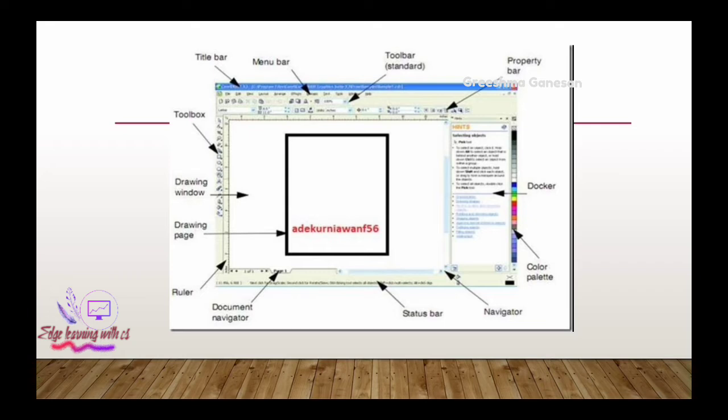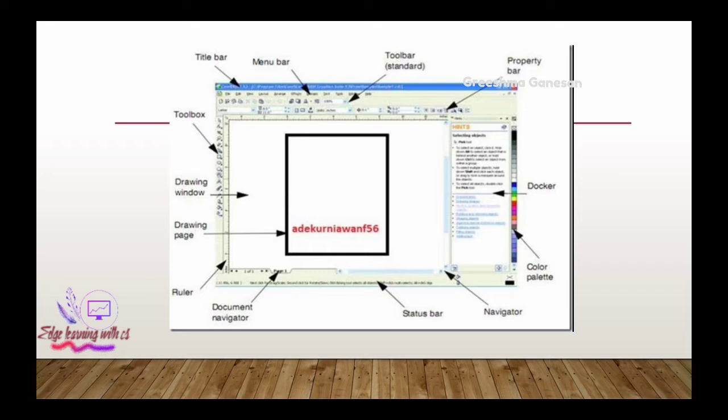Then let us discuss what options and menus are available here. The first thing is the title bar. It is a bar where you can see the title of your page. The blue symbol is used for title. Then you can see the menu bar. The menu bar is used for giving the tools like file, edit, all these things.